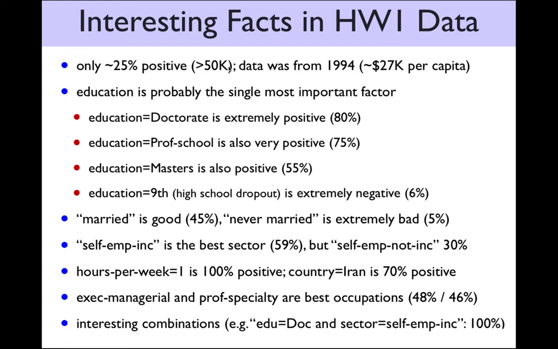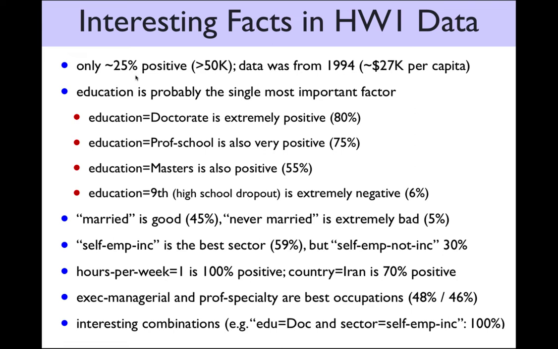Okay, because there are a lot of people earning much higher than that, so the average will be much bigger than 50K, but the median will still be less than 50K. The majority of Americans, I think, earn less than 50K a year, even today. So it's not surprising at all that the data is very skewed. Only a quarter is positive. And if you look at all these fields,